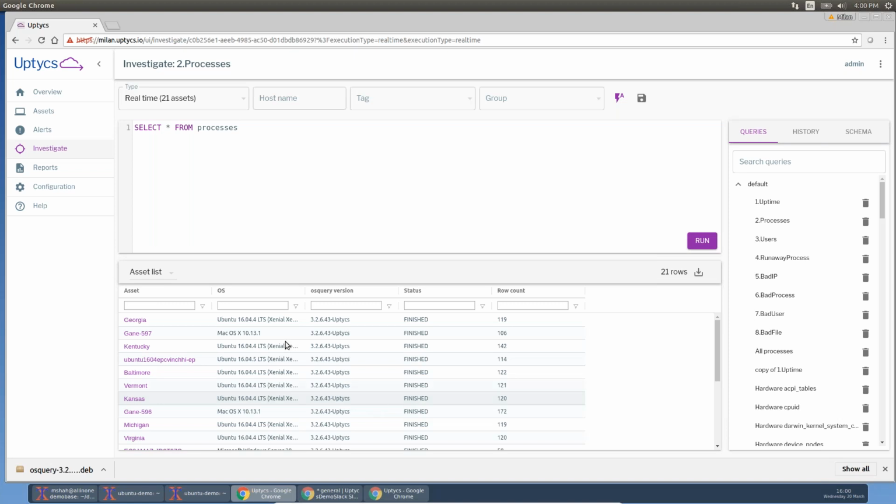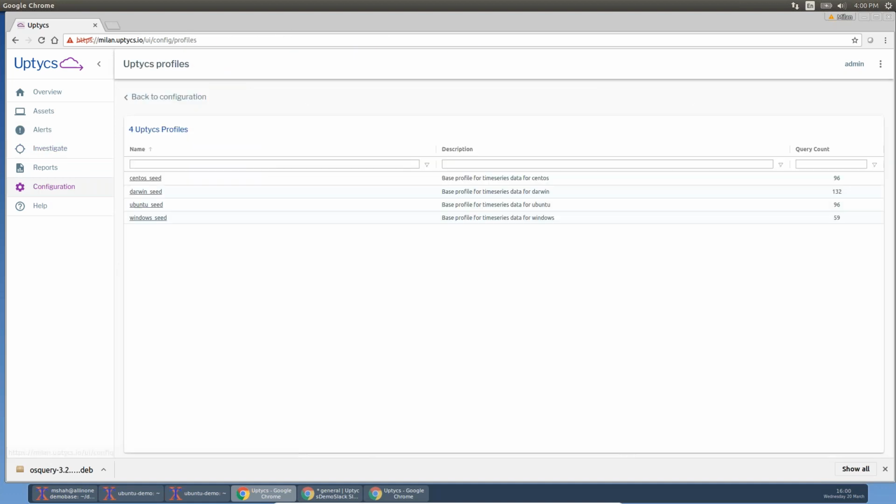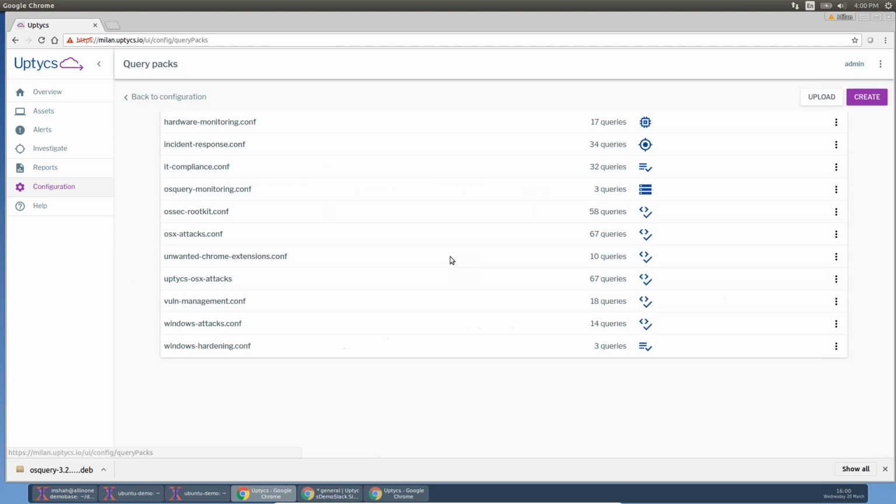So what's really going on is that in the background, we are running all these queries that I just showed you. And the answers to those queries are being continuously streamed up to Upticks in a seamless manner. And as you can see, the speed with which we can collect this data is actually quite high. Now, in addition to some of those queries, we're also running a whole bunch of